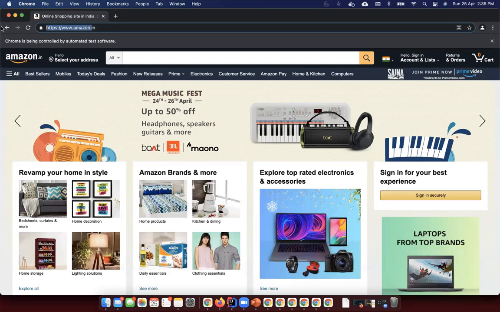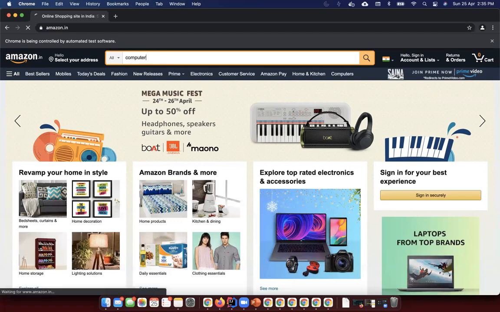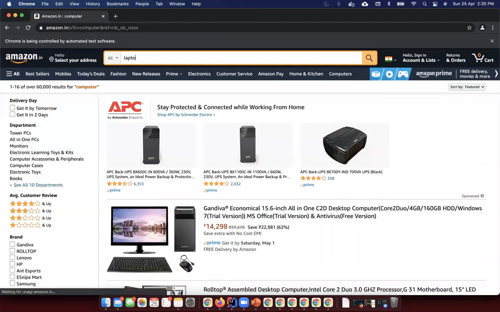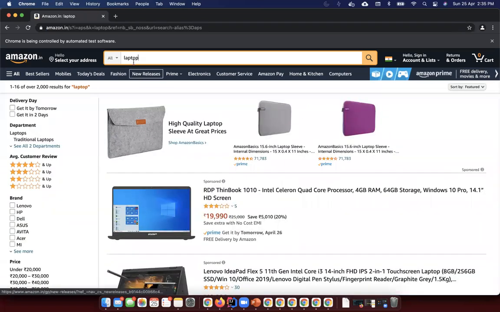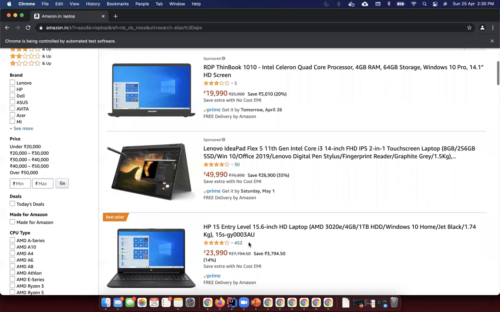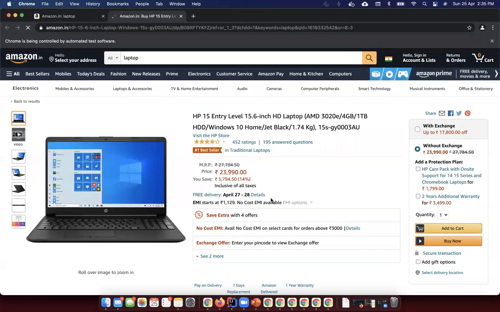So testers will come and try to test the application. Now what are the functionalities here? The first, most common functionality is the search. So you will be able to search something like computer or laptop. So you will say, okay, I typed laptop here, clicked on the search button, laptops are coming. When I click on this specific button, it is opening a new tab, and then I'm able to see the details.